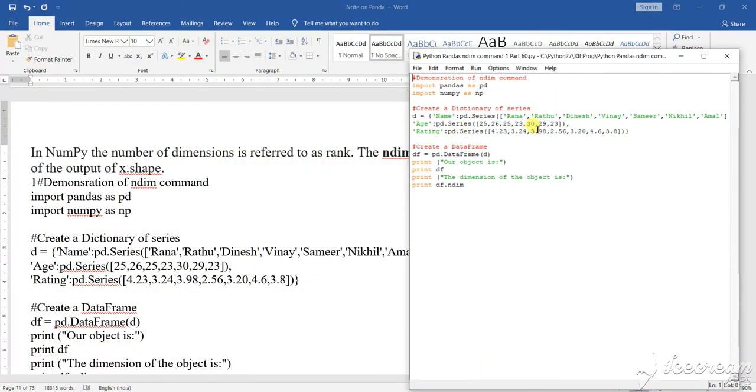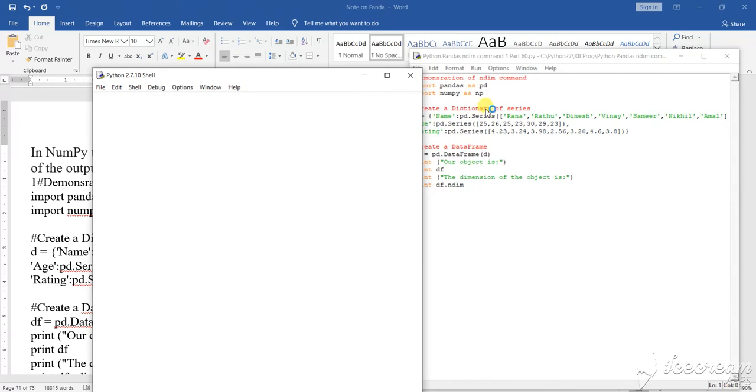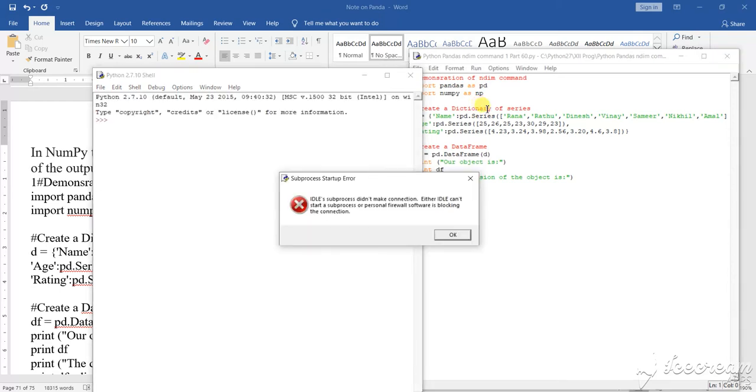Okay, see here, one program I have written for you. There is import numpy as np, import pandas as pd, and I have taken the data series. After taking the data series, df is the data frame object, and I have printed out the data frame, and after that NDIM. Let us run, then I'll explain the rest, how it is working, what the work of this particular NDIM is, and how it will be implemented there. It is one of the sections where you can see how NDIM is working.